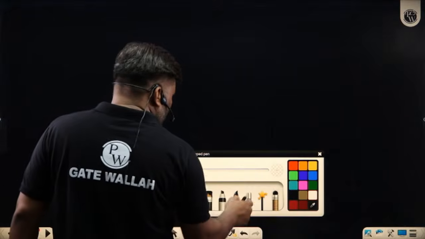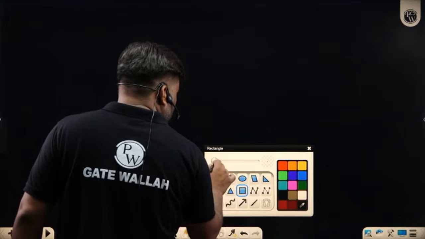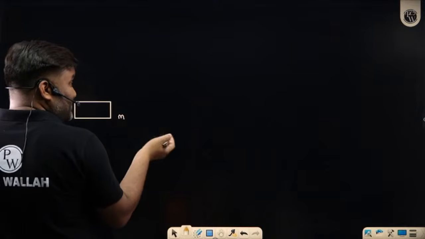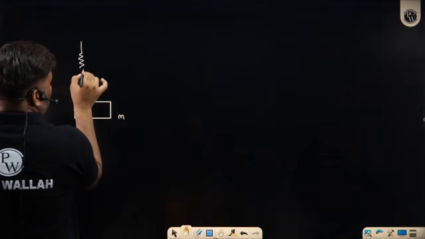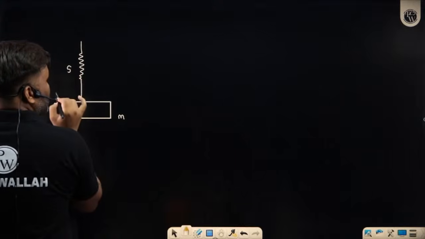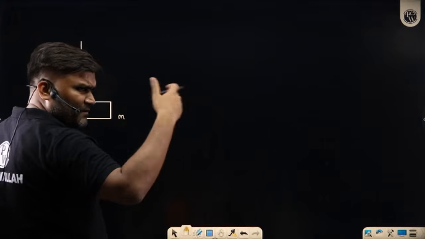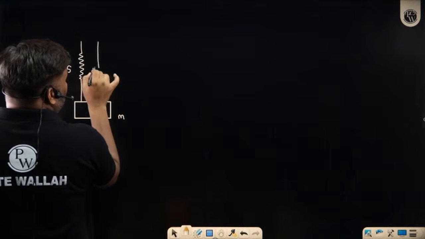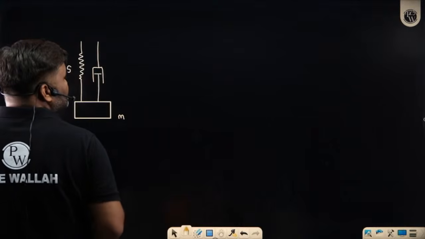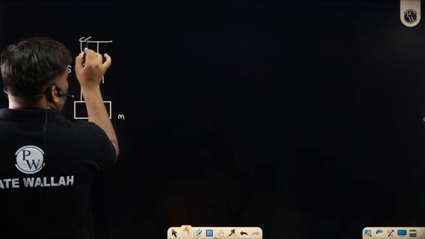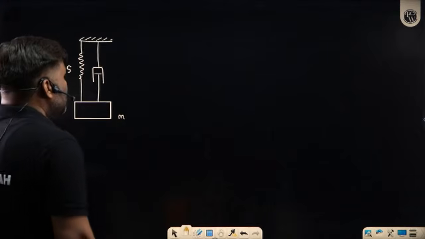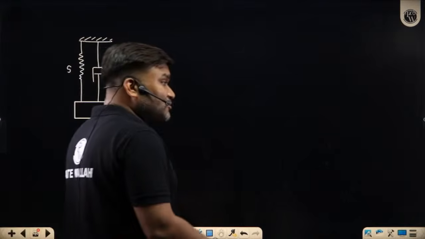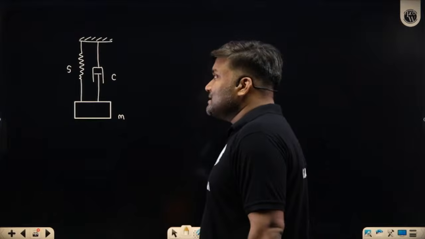So whatever system you are talking about, the system's mass you have represented symbolically by a concentrated mass m. The system's stiffness you have represented by a spring S, and whatever friction, from wherever it is coming, from the surroundings obviously, is represented symbolically by a damper like this. Careful. The damper's damping coefficient is C. This damper also applies some forces. How does it apply them? Let me tell you.